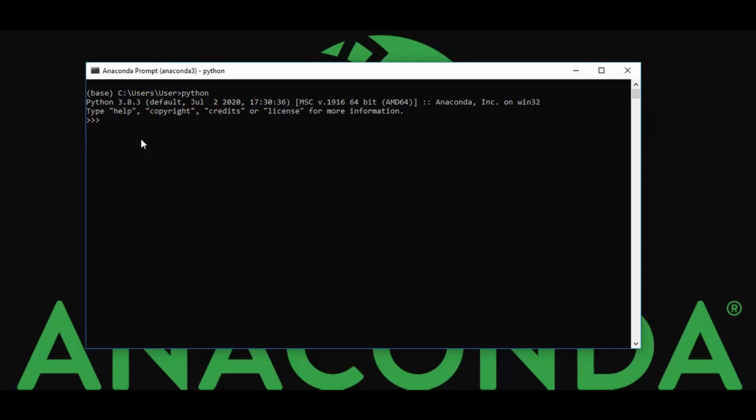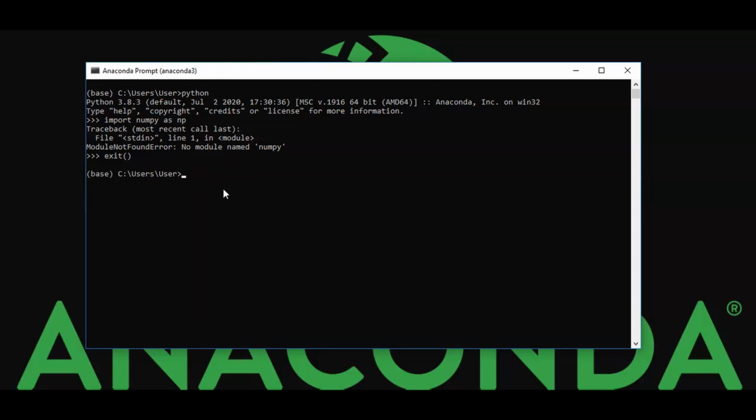Now I can check whether NumPy is installed in this Anaconda Prompt. To check that, I'm giving the command import numpy as np, in case it is installed. See, it is not able to import it. That's why we have got a ModuleNotFoundError. So now let's exit and come out of the Python module.